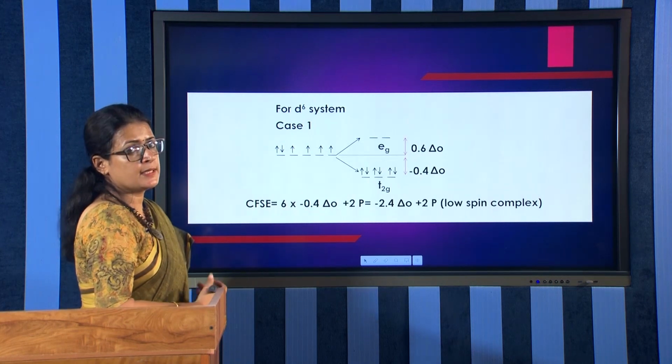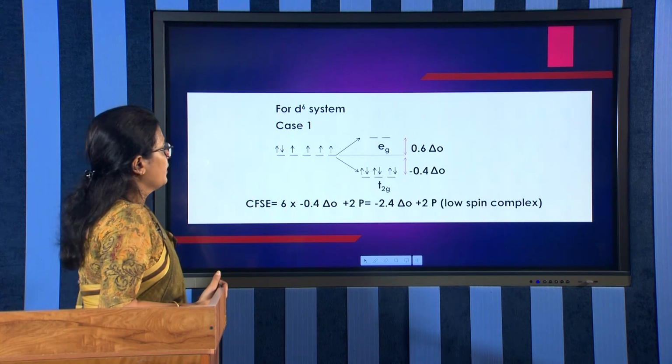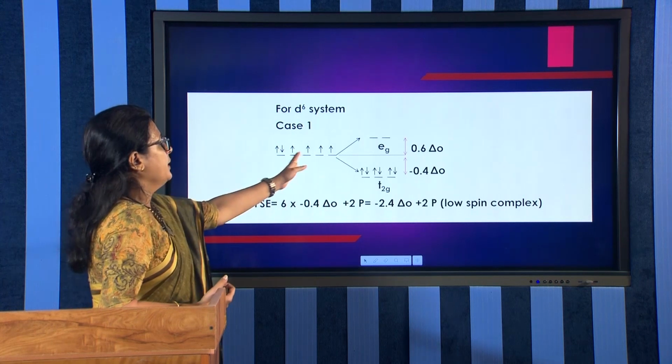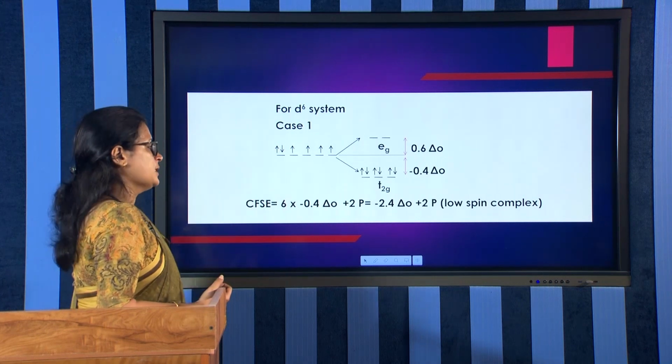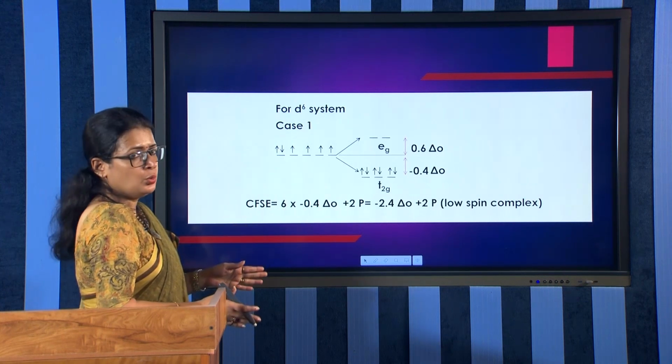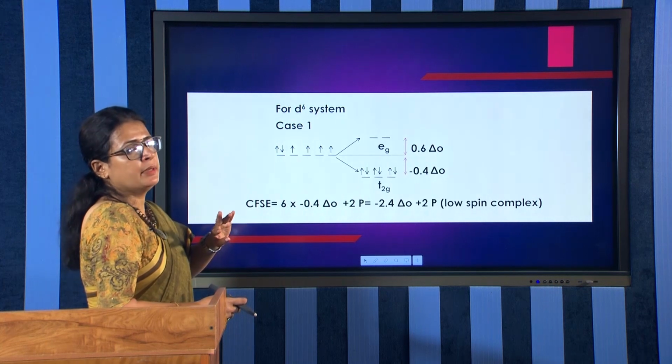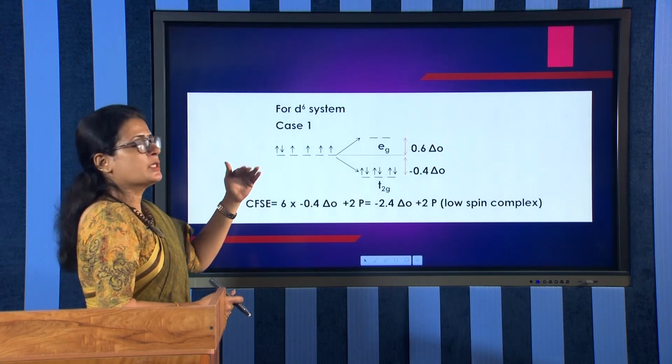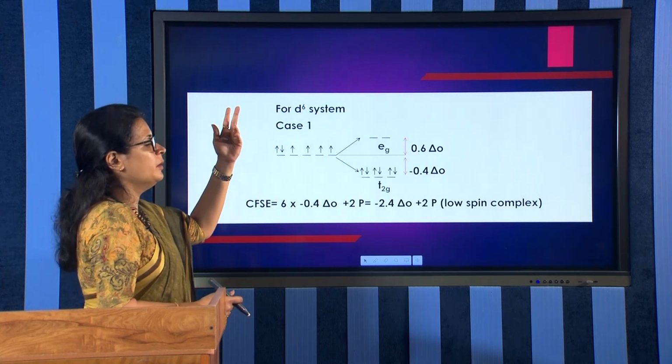D6 means 6 electrons in the d orbitals. Again, 6 electrons are being arranged in the degenerate d orbitals. By the approach of ligands, they are split into 2. Here also 2 possibilities will be there: either the electrons can be paired, or one can be moved to the